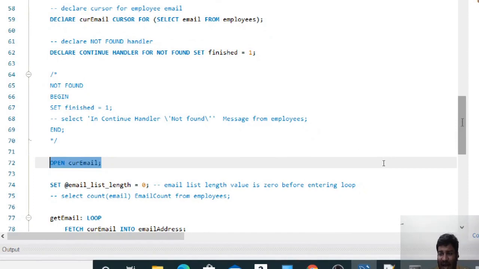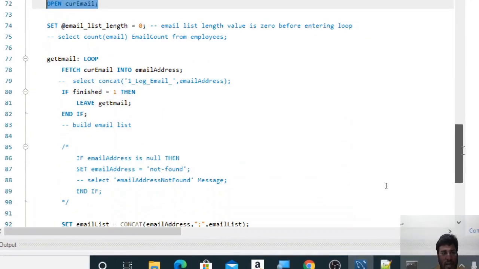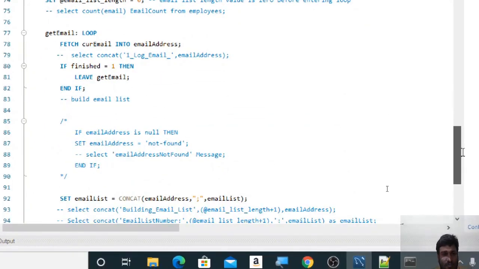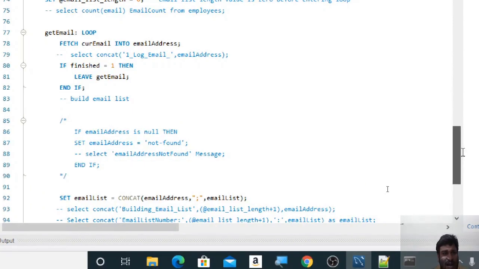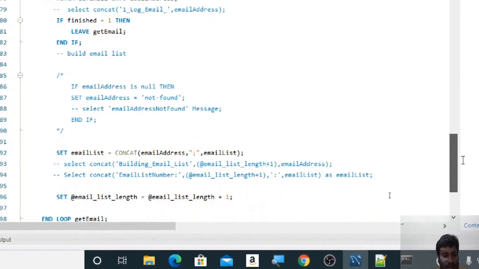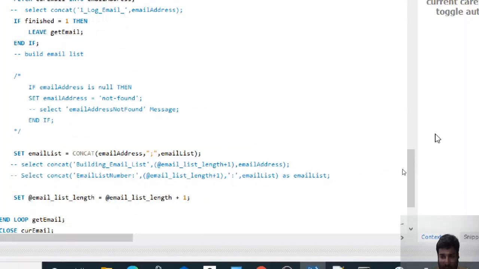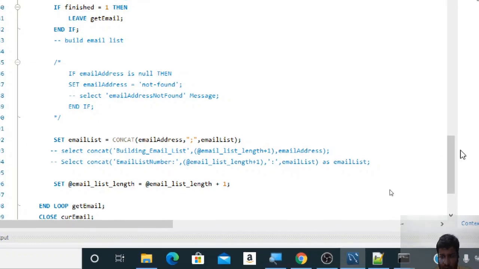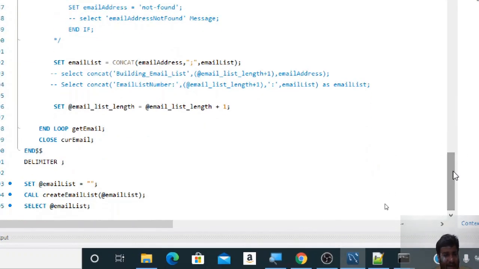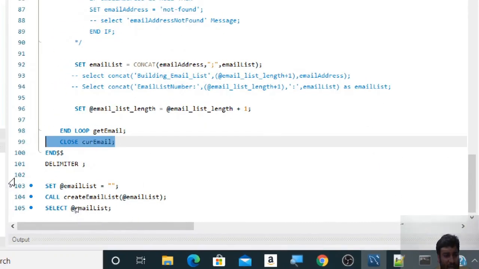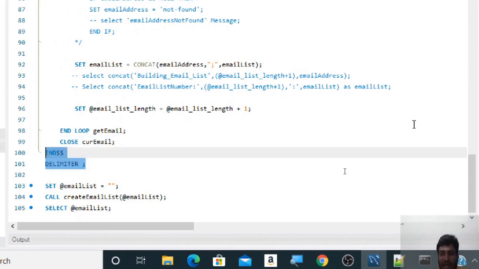So our entire logic is written inside the loop, and the loop starts from line number 77 and ends at line number 98. You can see over here, right? I will show you the below, and at the end we close the cursor, and in line number 101 the procedure ends.